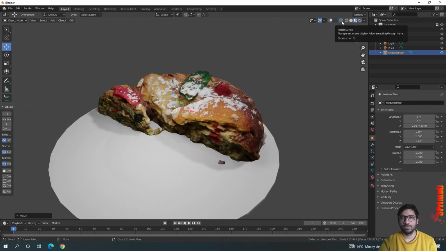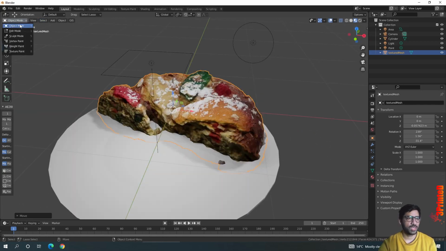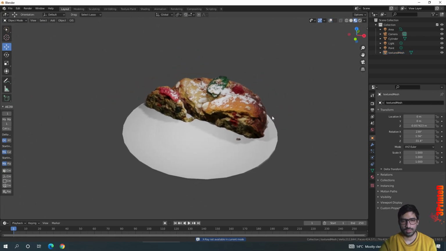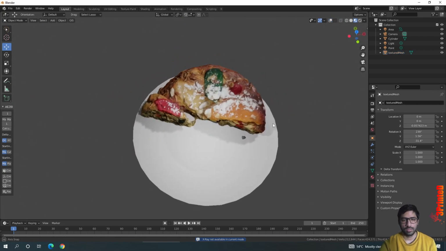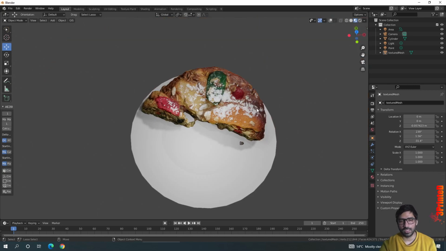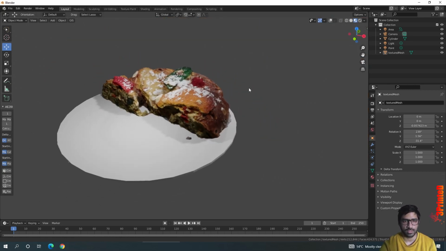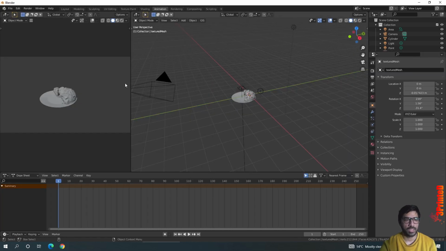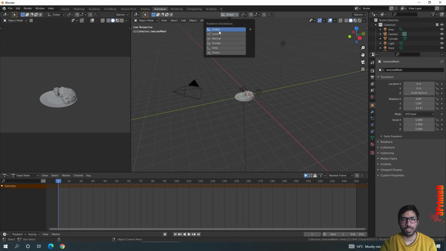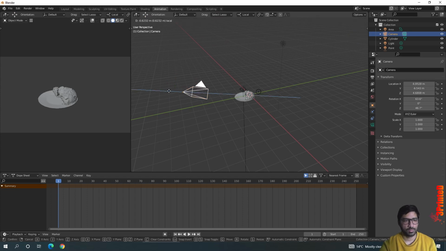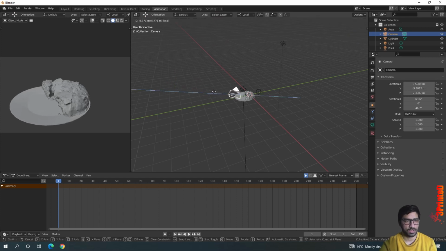So once you are done doing that, go back to the object mode. Here is your leftover cake served in a plate. Now we will try to take a quick render. Go to the animation area, go to the local selection, select your camera, make your camera a little closer,